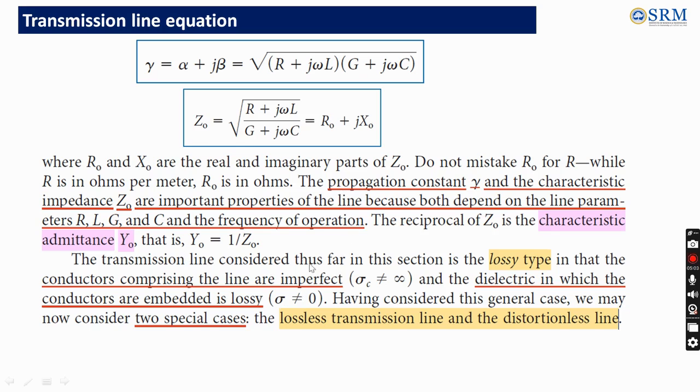The transmission line so far we have considered here is of the lossy type. Lossy means the transmission line so far we have taken into consideration is a lossy one, where the conductors are imperfect, that is conductivity is not equal to infinity, and the dielectric in which the conductors are placed is lossy, that is conductivity of the dielectric is not equal to 0. Taking this lossy transmission line as a general case, we are going to consider two more special cases called